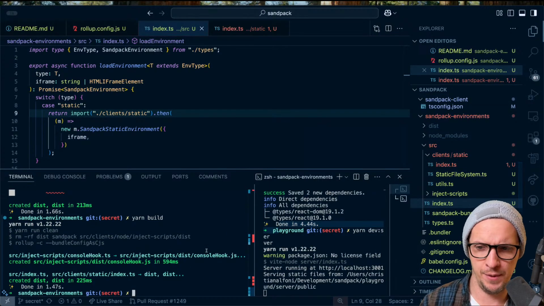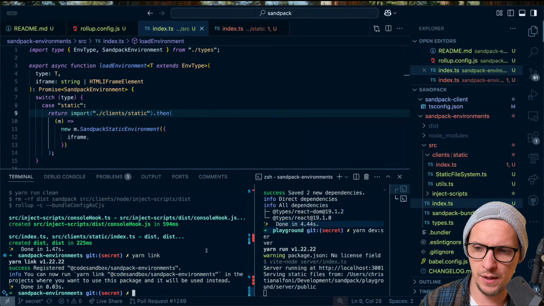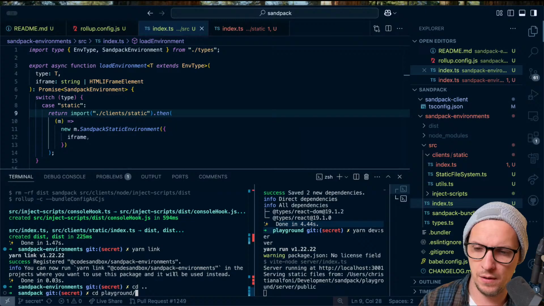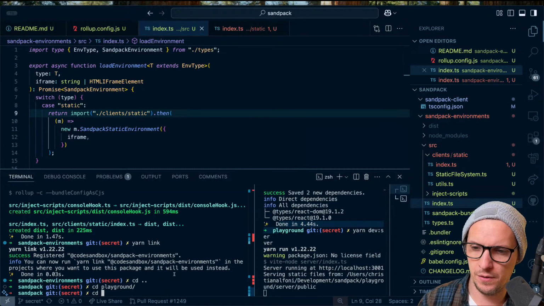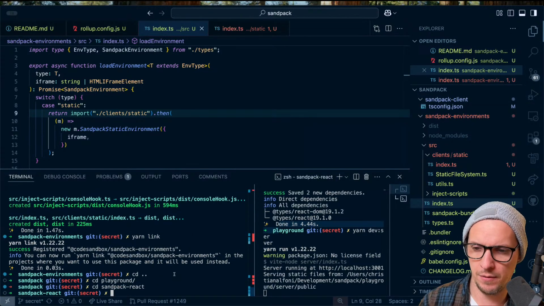Okay, so we were able to build it, and now let's do a yarn link of it. And then we're gonna move over to React Sandpack, Sandpack React, yarn link, Sandpack,